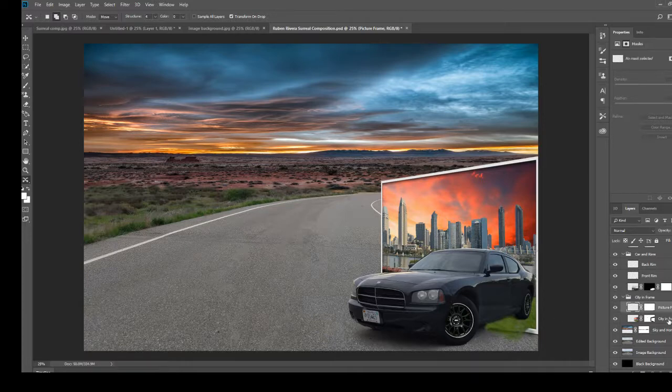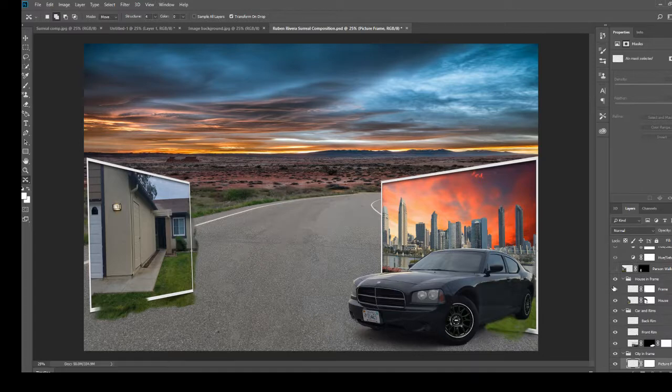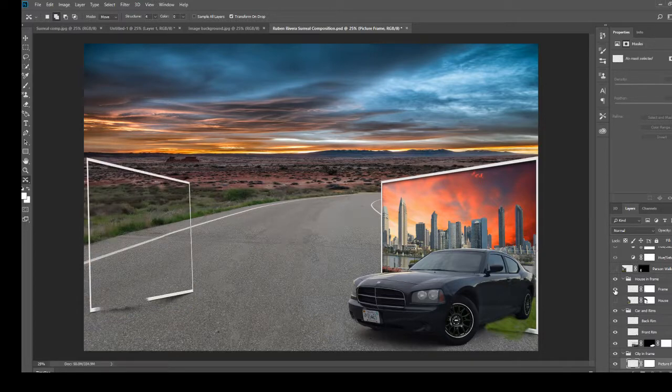All right. Next, I placed the house and grass as well. Okay. Let me show you what I did here. So this is another picture frame that I used,